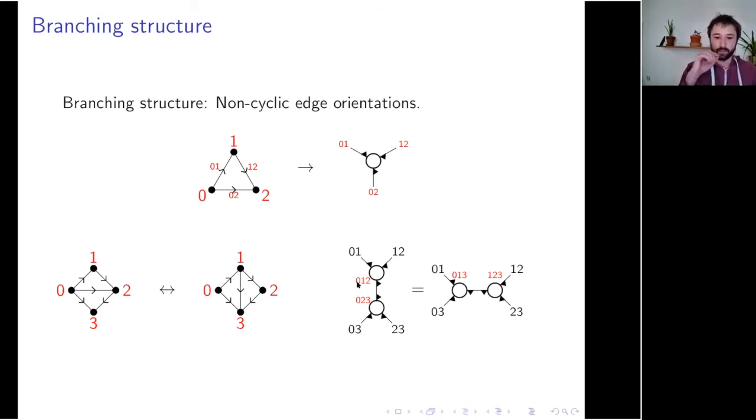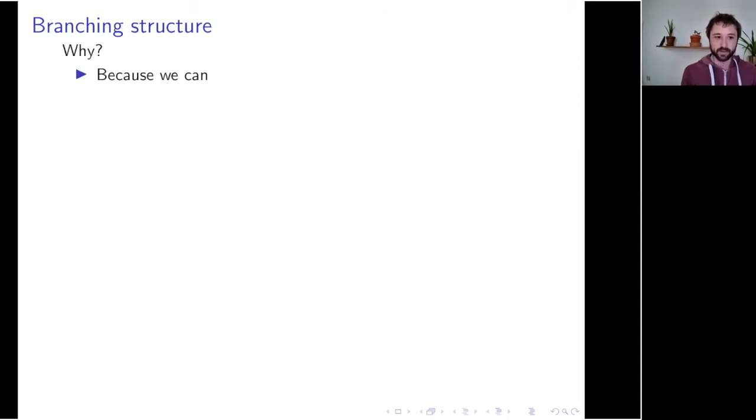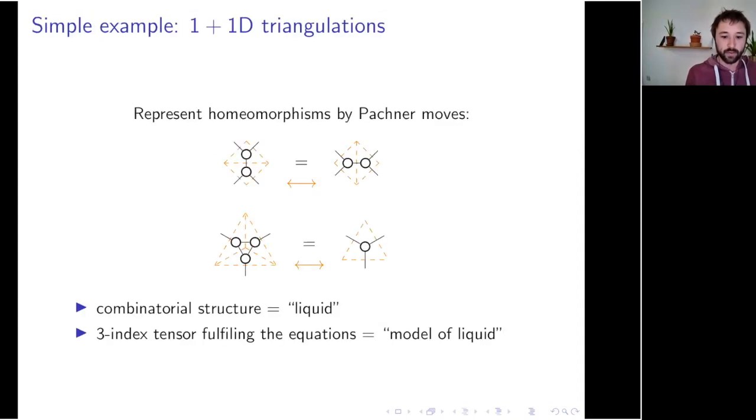But I won't go too much into detail there. Instead, I will ask the obvious question: why would we want to introduce these edge orientations? A simple answer is that it doesn't hurt; the combinatorial structure with these edge orientations still describes topological manifolds. However, without the edge orientations,